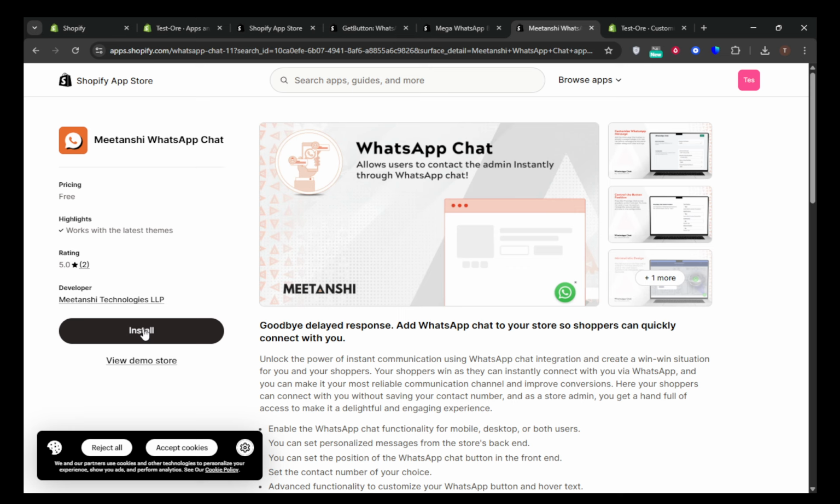You've successfully added a WhatsApp button to your Shopify store, making it easier for customers to get in touch with you instantly. With this small addition, you're well on your way to enhancing customer service and boosting engagement through this